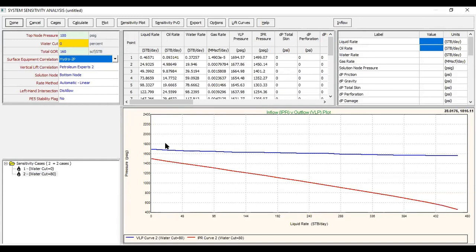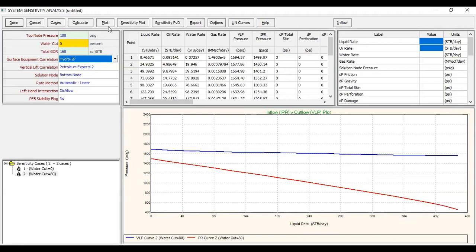Of course you need high pressure so that the IPR can go up and there will be a flow rate, but of course it cannot because the reservoir pressure is limited. This is the blue line, the VLP, and the red one is the IPR. There is no intersection, so the well will die, and now we need to install artificial lift in our well so that the well can flow.